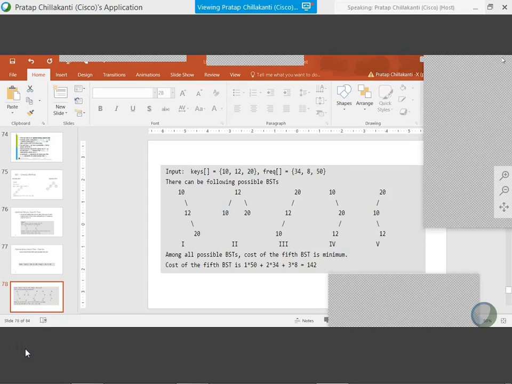It's common sense, right? When we want to start looking for an item in a tree, where do we begin? We begin at the root, right? We don't begin at the leaves. So the most used item should be at the top, in this case, root, right? So that way we are done with our searching, correct?